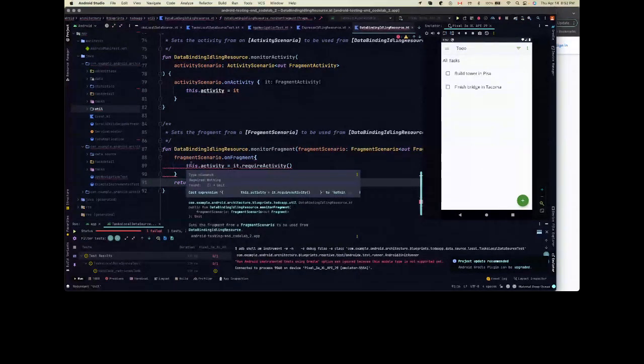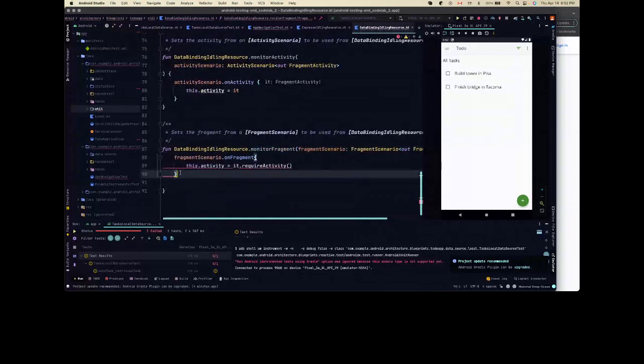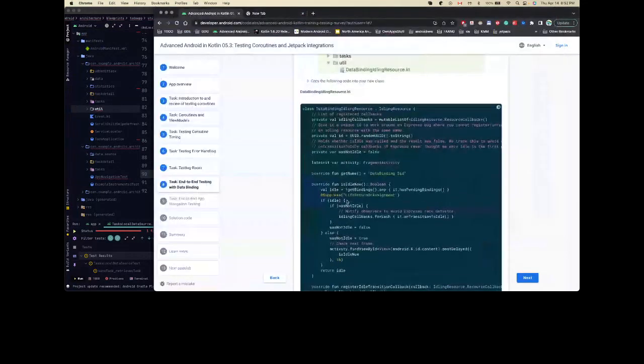Require, nothing found here. So I think it's something messing up with this. It's not about the return. This is about something here. No, that's not the solution. So what they are doing here is